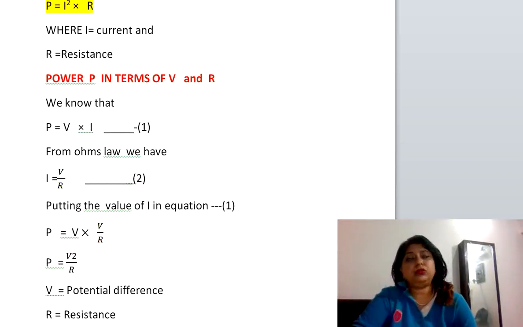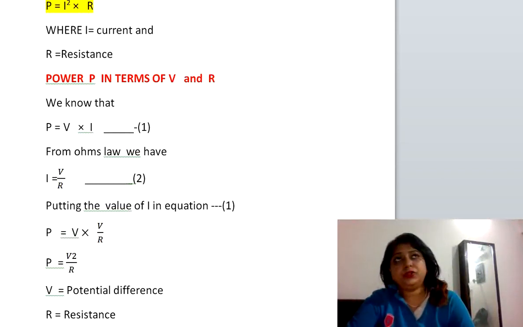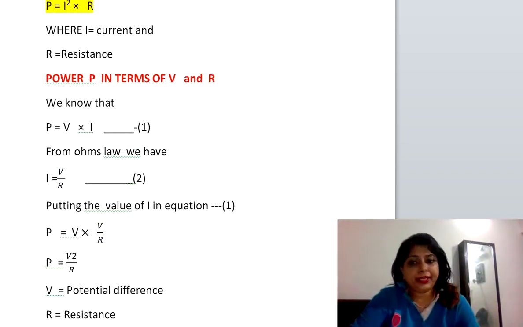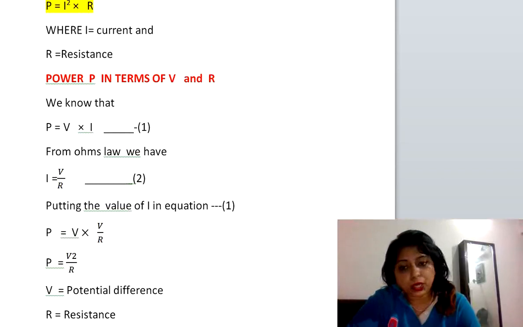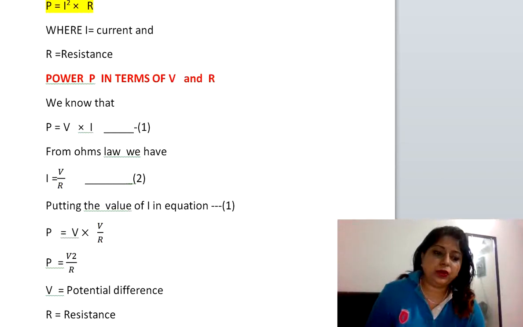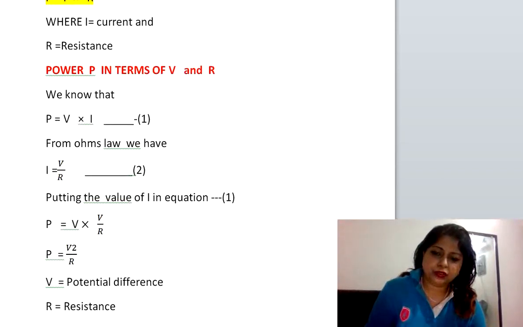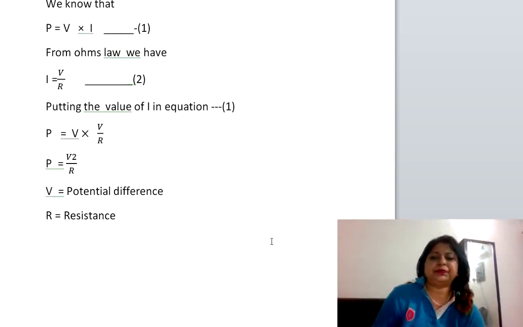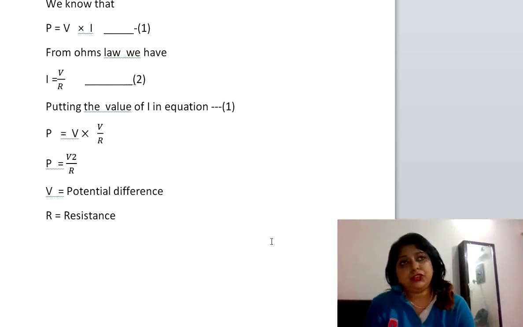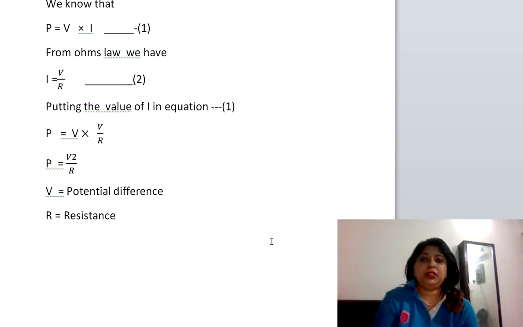One is power equal to work done upon time, which is the definition of power also. The SI unit of power is watt. So we can write P equal to W upon T. Second, I had given P equal to VI. Third formula I had given P equal to I square into R. And the last and fourth formula P equal to V square upon R. All are very important formulas. You should learn them. And it is very important. You can use them during the solution of the numericals. Thank you.